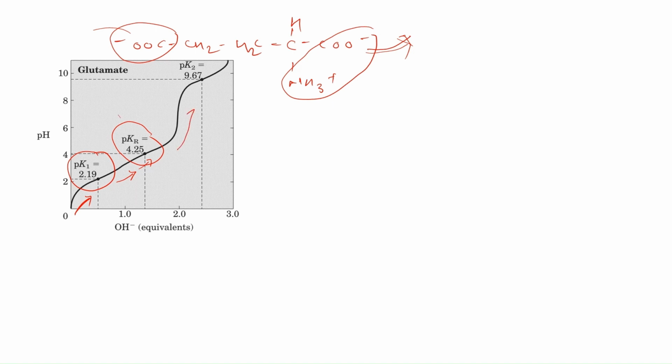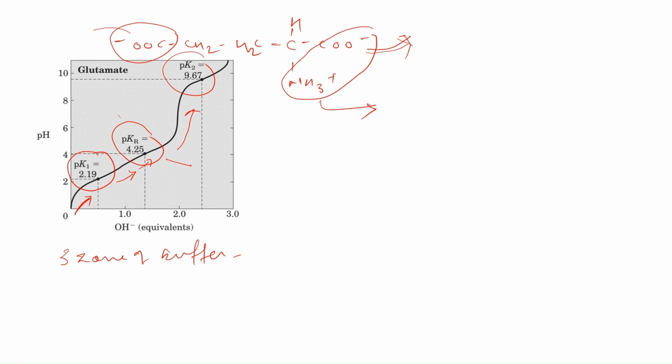With more increase in pH, what will happen? The amino terminal will start losing a proton. pK2, half of the amino terminal donated a proton, half about to donate. Clear? So these amino acids can buffer around 3 buffering zones. Around pH 2.19, around pH 4.25, around pH